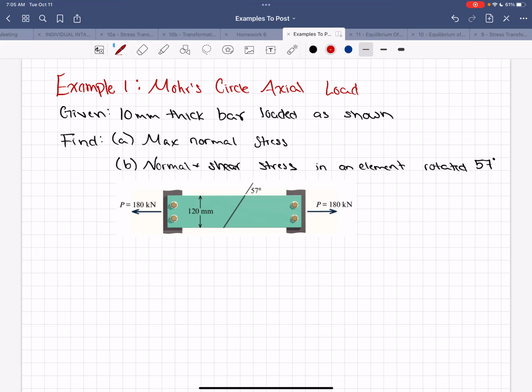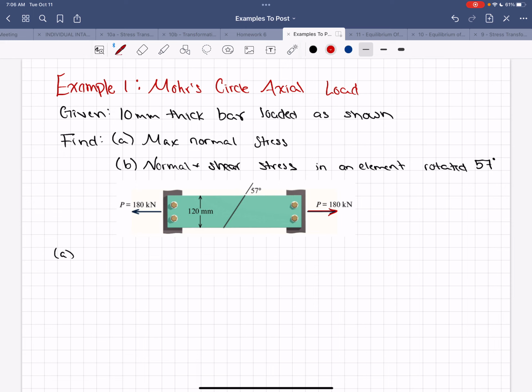Okay, here is an example, and we're going to draw Mohr's circle for a bar that has an axial load on it. We're told that the bar is 10 millimeters thick, and it has this 180 kilonewton load on it, and we're supposed to find the maximum normal stress and the normal and shear stress in an element rotated at 57 degrees. So when we have an axially loaded bar,